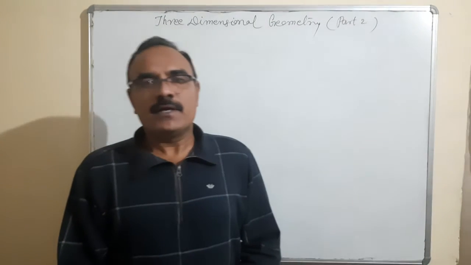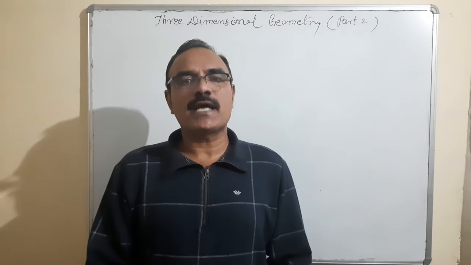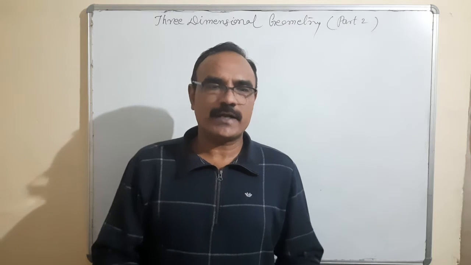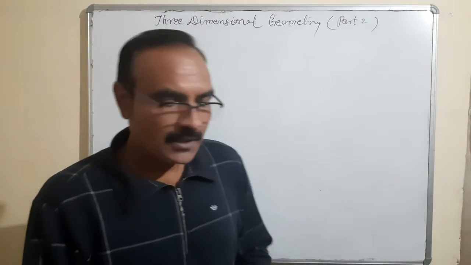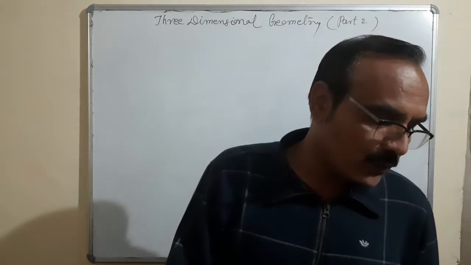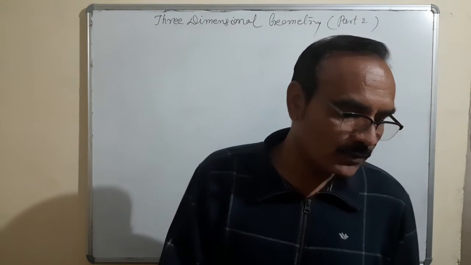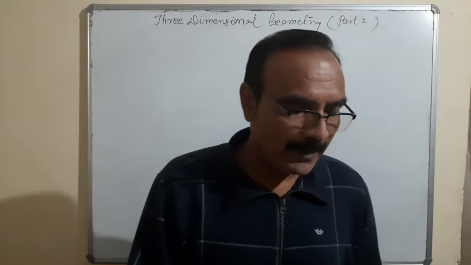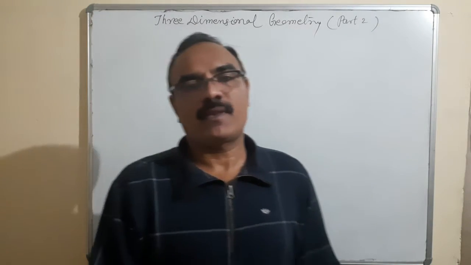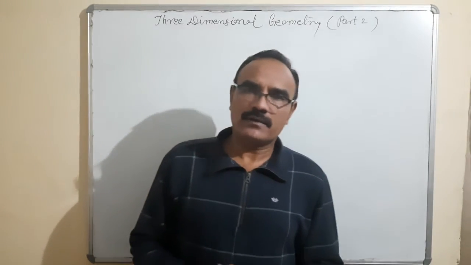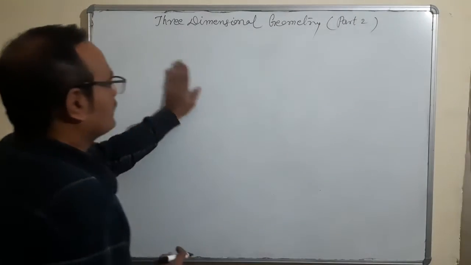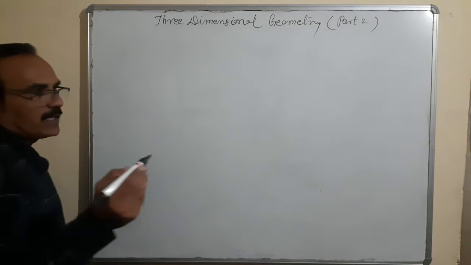Hello everyone. Today I am taking the second part of three-dimensional geometry, in which we have to derive some formulae and then continue with the exercise questions. So number one, we are taking the equation of a line through the given point and parallel to the given vector. That means the equation of the line which is parallel to the given vector. Okay, so that is the formula, equation of the line.